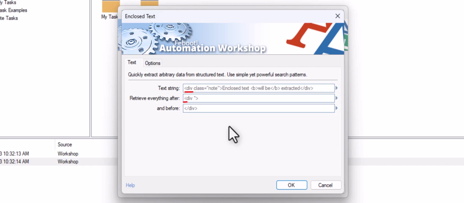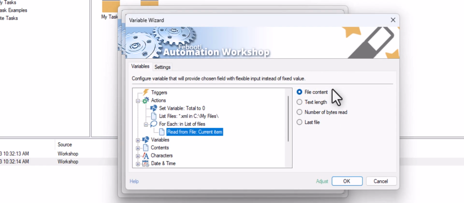Enclosed text searches for a starting mark and an ending mark, then extracts the text located between them. For the text input, I will provide text from our XML file. Variable Wizard is already recommending me to use the file content from our read from file action.